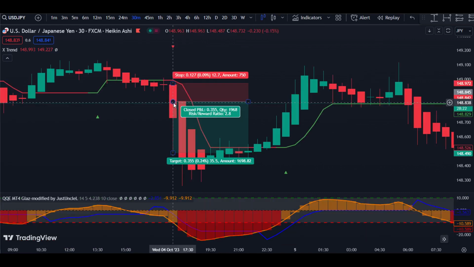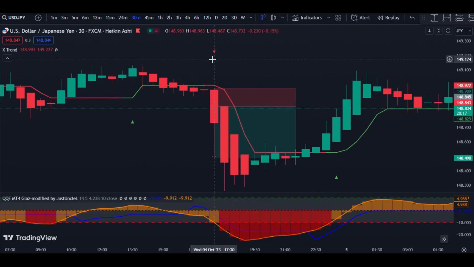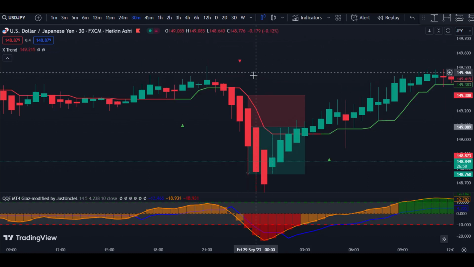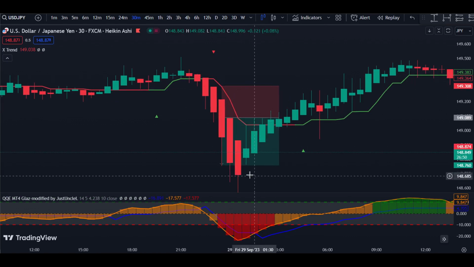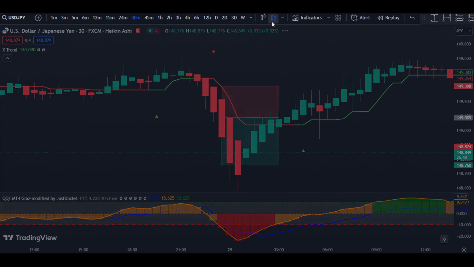Right, so we're going to take our first short position. We can see that a sell signal has appeared, and we can also see that the X trend is in the red. So at the close of the candle, we're going to set our short position. We'll set our stop loss right at the X trend. You can see that the 1.5 risk reward ratio, we hit our profit target, and we're going to switch over to the regular